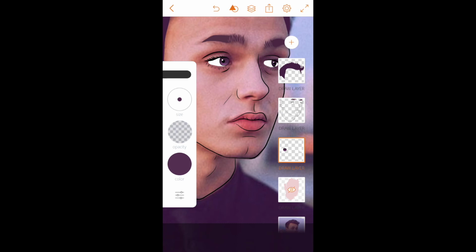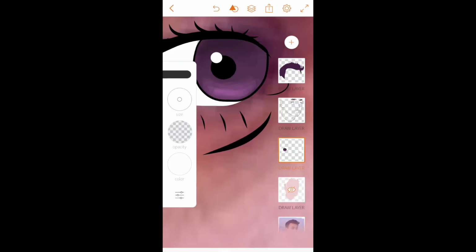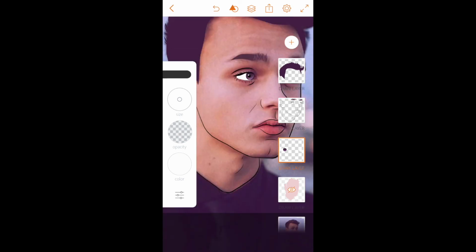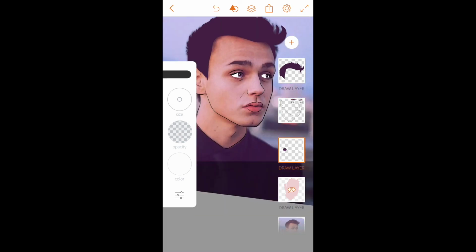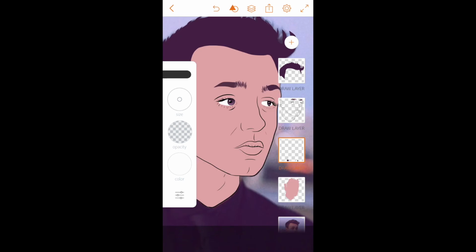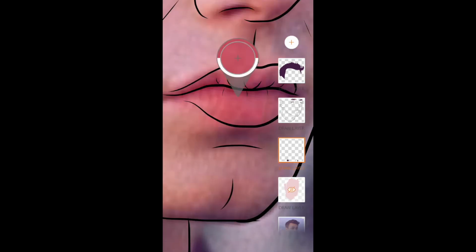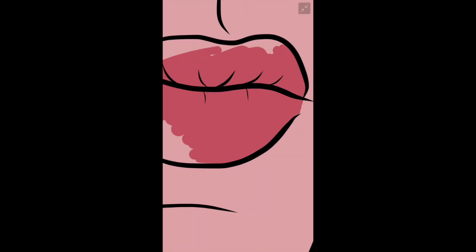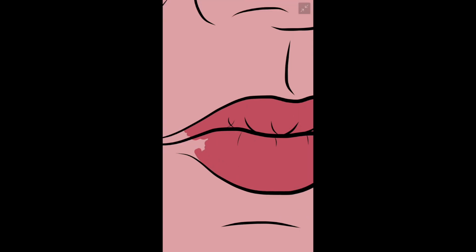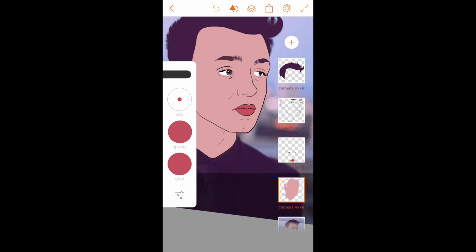So that's one eye. Oh wait, I'm just going to raise it up a little bit. I'm going to blend in a little bit of the white just to make it a little bit more cool toned. So that's one eye, and then I'm just going to do the same on the other. So now that the two eyes are done, I'm going to quickly color in the lips. Okay, so then now that's filled in, I'm just going to show you how to do one area, and then